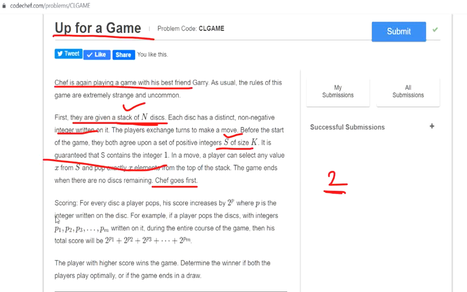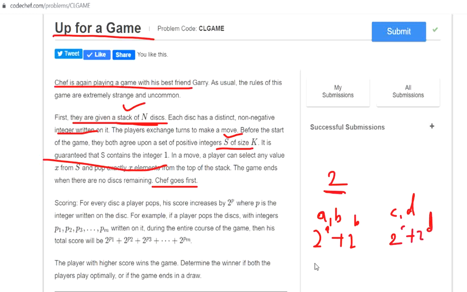So how does the scoring work? Suppose the first player takes out two integers a and b in his move, so his score gets increased by 2^a plus 2^b. Then suppose the other player draws another two integers c and d, so his score would be 2^c plus 2^d.